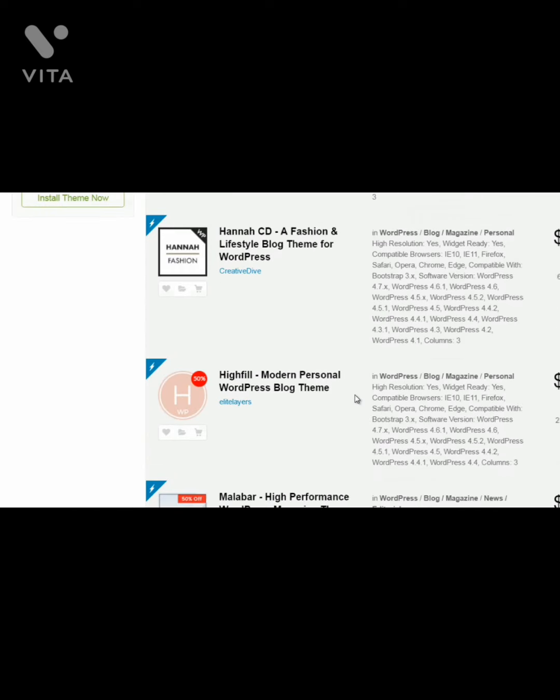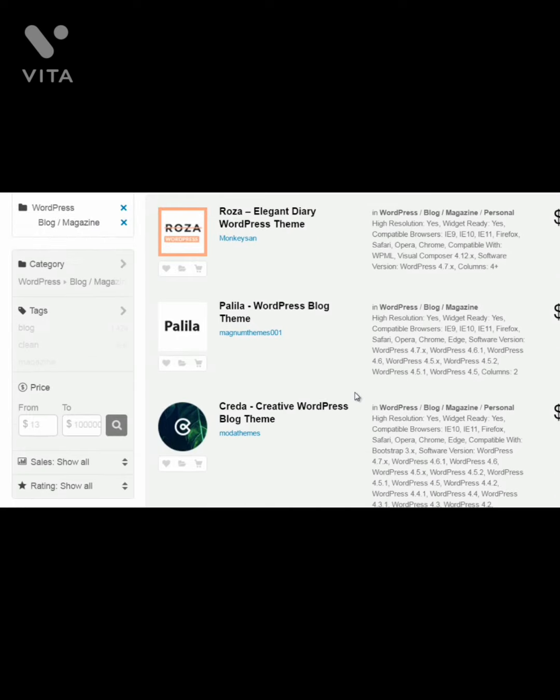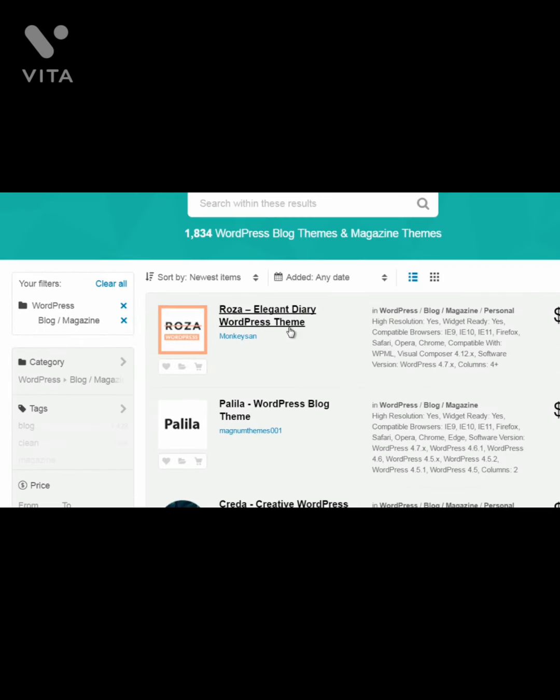So as you can see, it ranges from about $20 to about $54 per theme. But these themes are very, very professional and can definitely make you stand out. And if somebody comes to your site, you want to make a good first impression. And if you do that, that's one side of getting people to trust you, is to make sure that your site looks professional. So that's just something to think about as well.